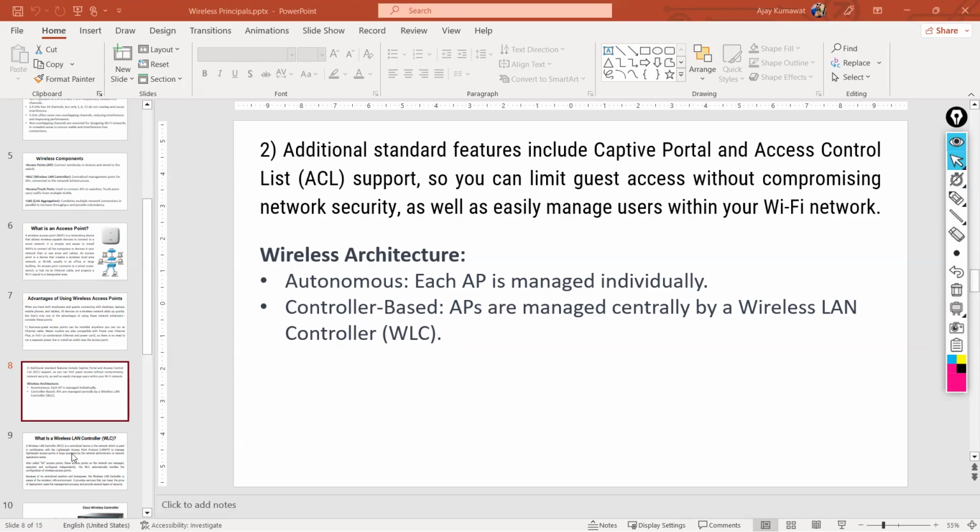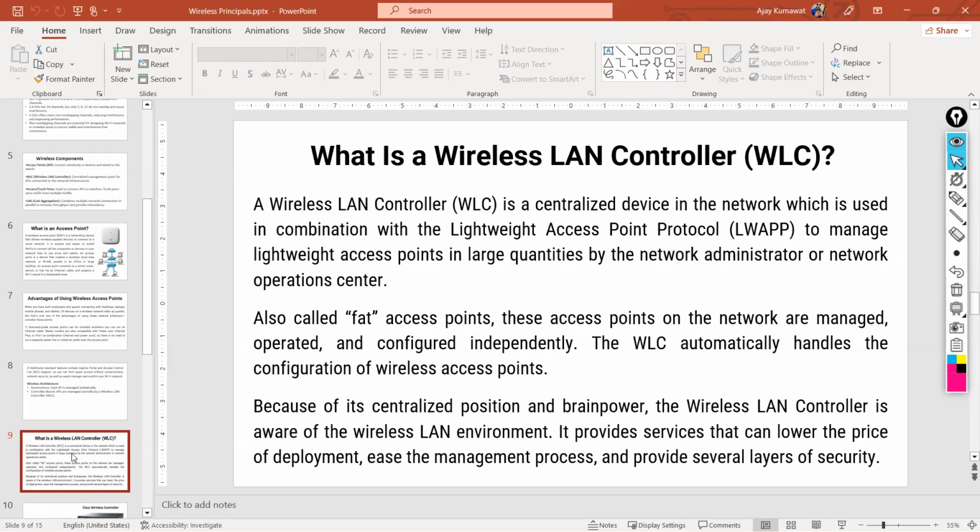Now, when it comes to WLC, what is the WLC? Already explained, but let's go through the theoretical part. A wireless LAN controller or a WLC is a centralized device in the network, which is used in combination with the lightweight access point protocol to manage lightweight access points in large quantities by the network administrator or the network operation center. Okay. And your autonomous access points, they are also known as